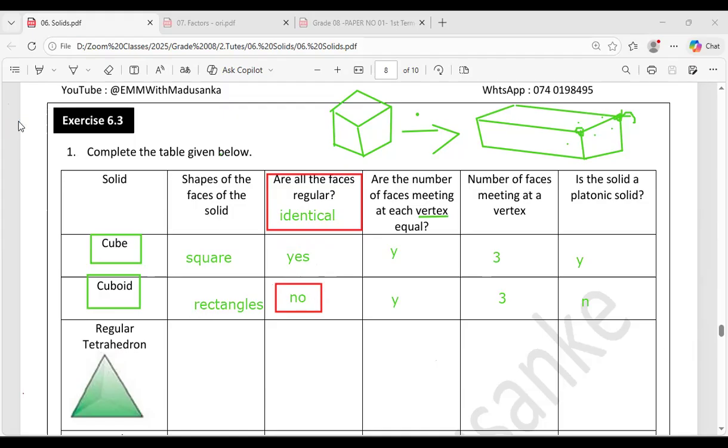If both of the columns here are yes, then it is a platonic solid, right? If one of these is no, then it is not a platonic solid. So that is the way you are going to identify. Are you there? So 6.3 and the mixed size of the tube